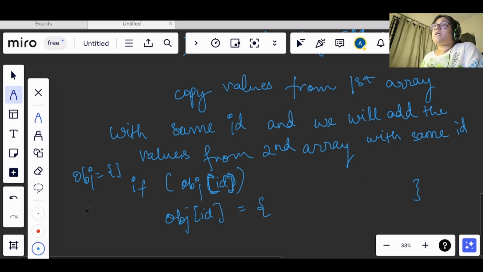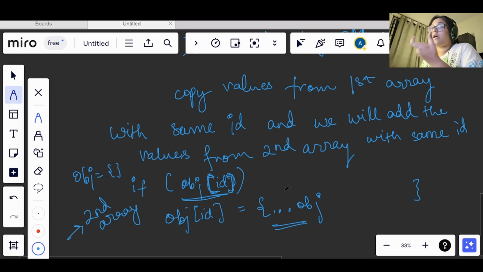So let's say we are iterating this for the second array, and we have already stored the id for the previous array. We will take the values at that id using the spread operator, because this will make a copy of that id, right? So we will copy that, and for the id that we have right now, we will spread the values for it and use it.